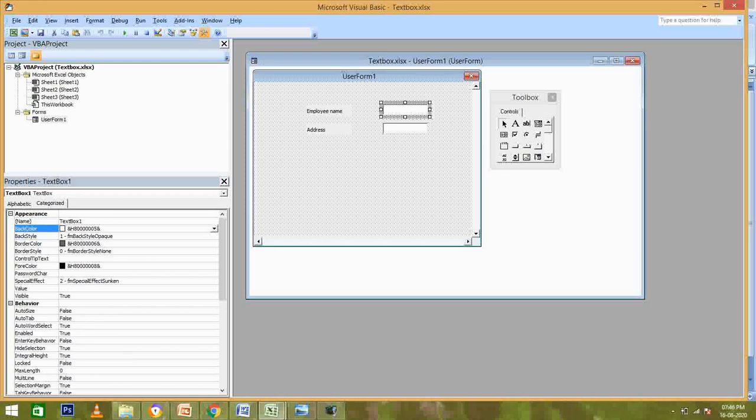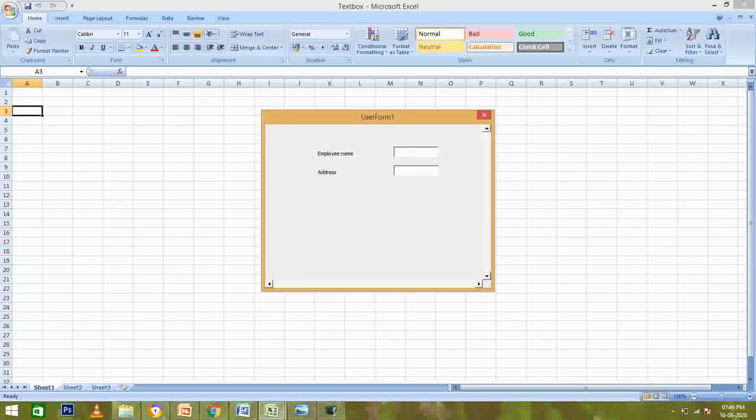So moving to the next point, I will tell you the next property, like auto tab. Sometimes it is required. First I will explain how tab works. Suppose I press tab on my keyboard, then you can see it is going to my next control, that is the text box, and it will go to the next controls depending on the tab order.